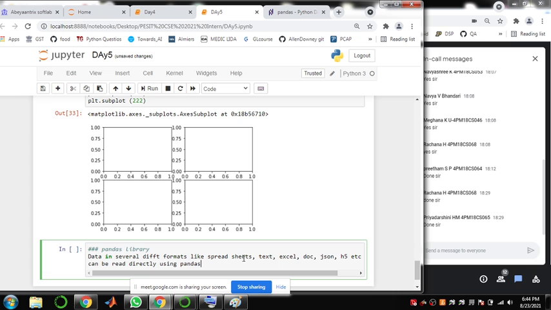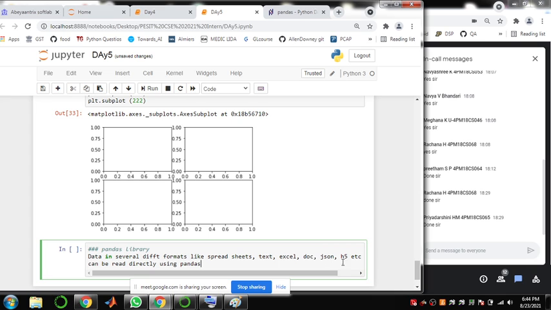So pandas will help us in reading the data available in the different formats, like spreadsheets, text files, Excel sheets, documents, JSON. JSON and .h5 are file formats for storing different kinds of data.